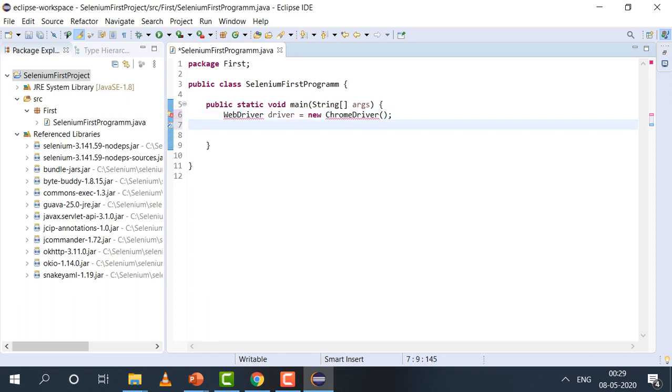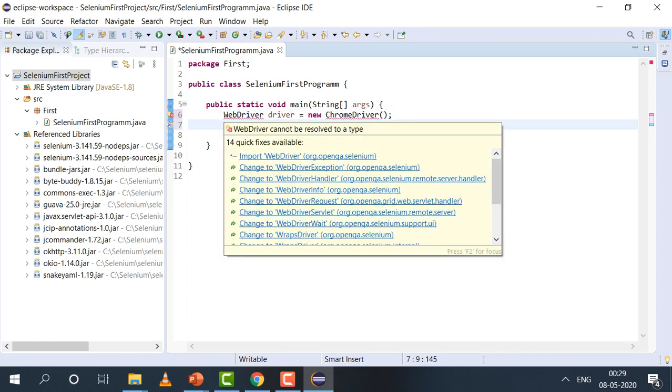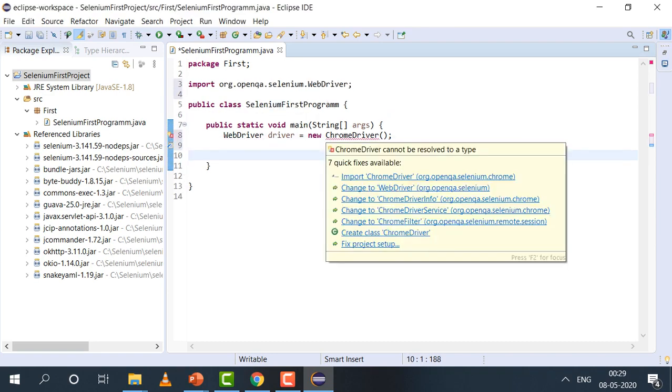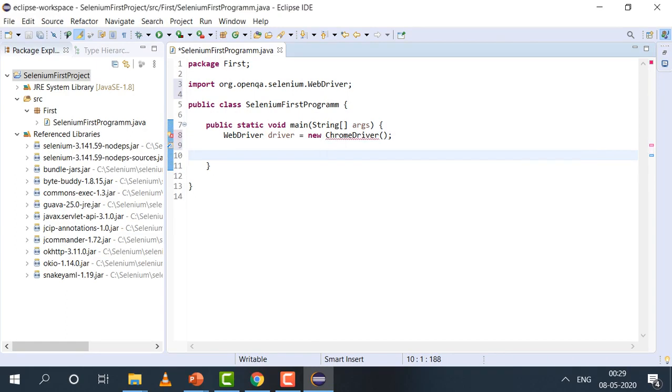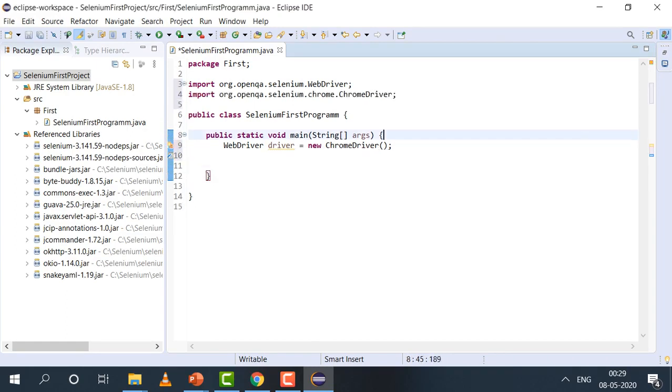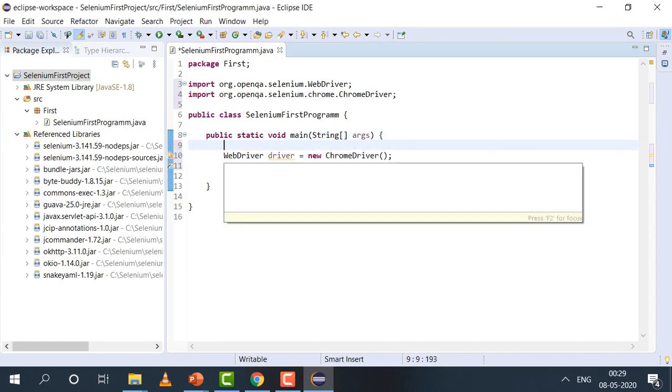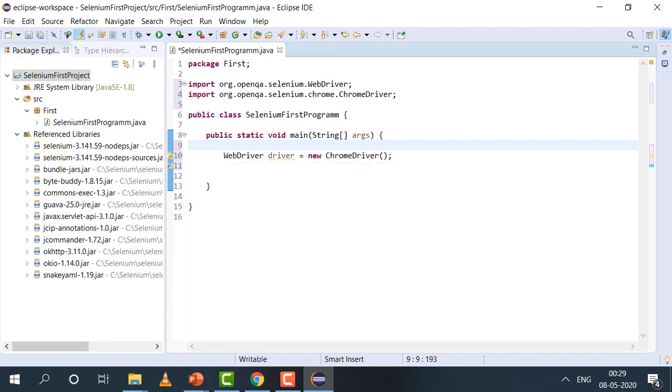Here it is throwing an error, so we need to import our Selenium WebDriver, which is coming from the org.openqa package. So this option is coming into my Eclipse because I have added Selenium jars in my project. Now you guys might be confused about why I have written WebDriver driver instead of